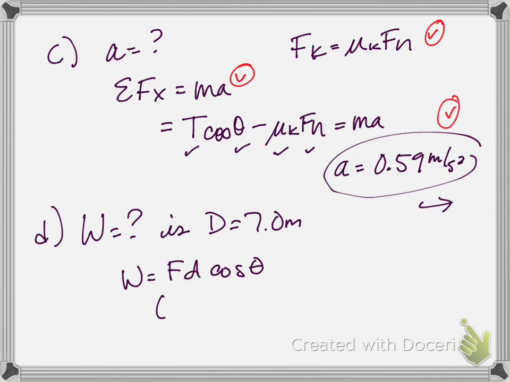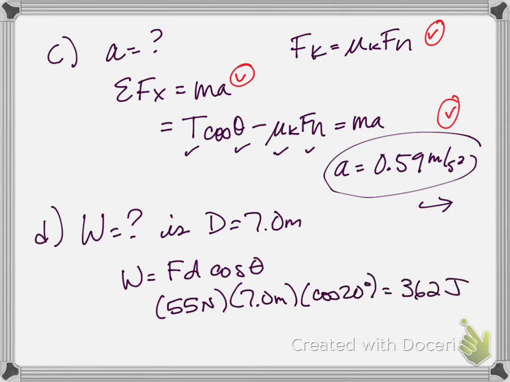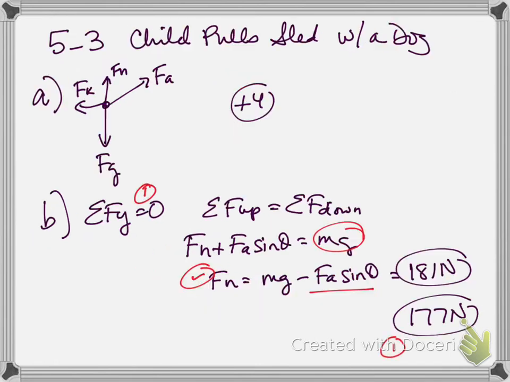Okay, so the force he uses is 55 newtons. The distance it moves is 7 meters. And we can say cosine 20, and we get 362 joules. Now, what if you said, wait a second, I just want to use the x component of this force times d, and then I don't have to deal with the angle. That's totally fine, but the x component of this force is just